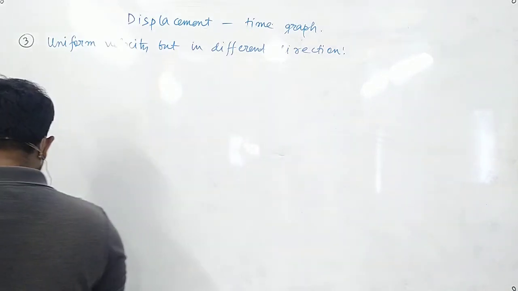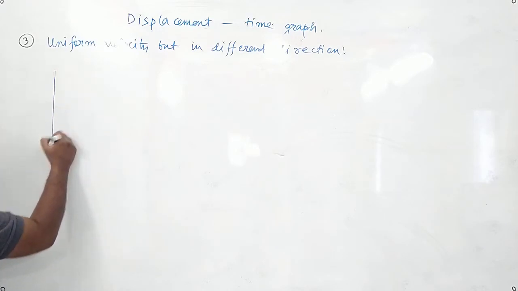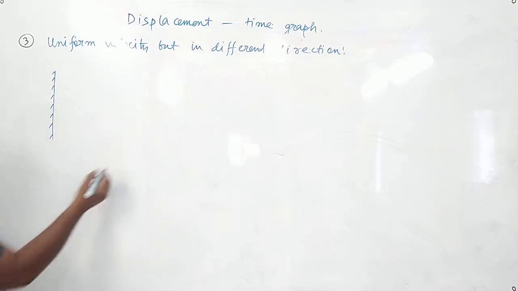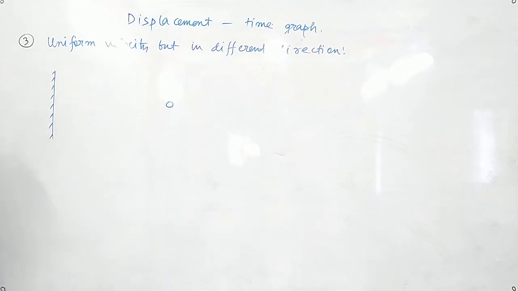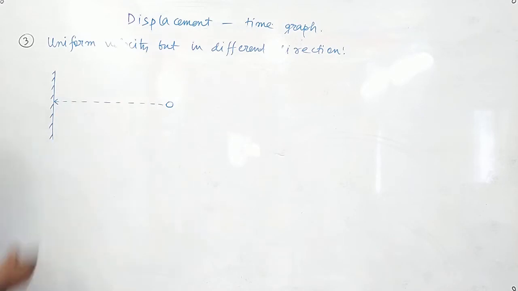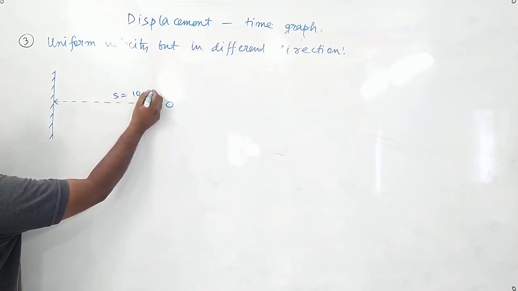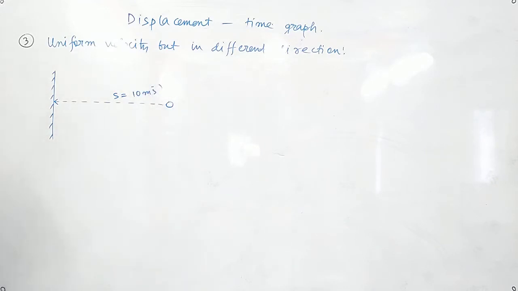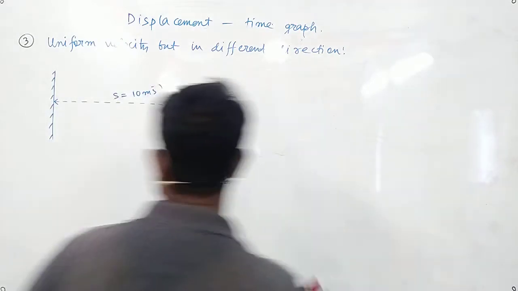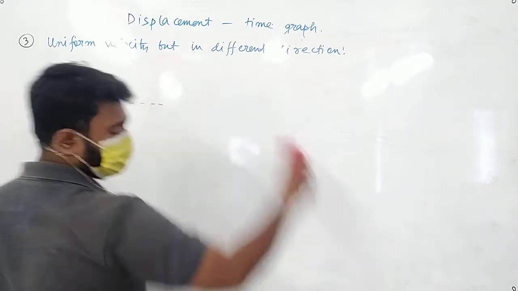So we will take this example in which this is your wall. You are throwing this ball. When this ball is reaching the wall, the speed of the ball is 10 meter per second. Is that clear? Okay. Now, let us draw it the other way. It will be easier for you.